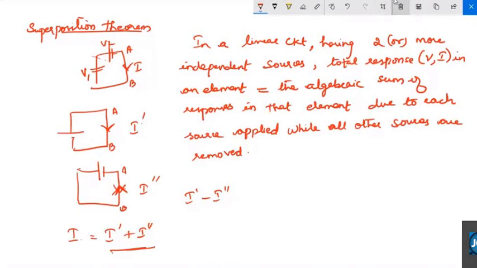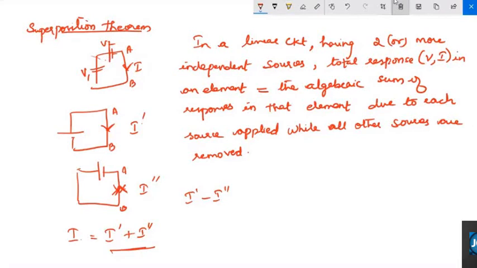Suppose I have two AC sources in my circuit, and both the AC sources have different frequencies. One is F1 and another one is F2. We can solve that problem only by the superposition theorem. In the case of AC analysis, if we have sources with different frequencies, we can opt for the superposition theorem because even though we have different frequencies, we are going to consider only one source at a time. So that frequency will not affect your value. Whereas we can't solve the same two-frequency problem with the other theorems. We have to go only for the superposition theorem. That is the advantage of the superposition theorem.